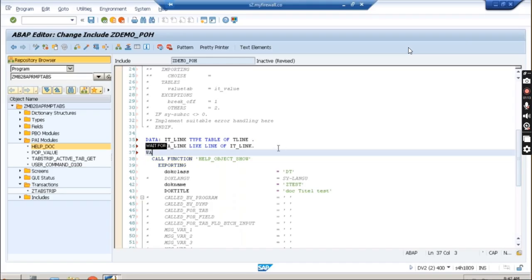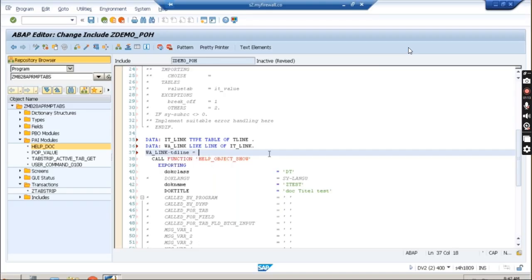Let us see what is the value we can pass it over here. TD_FORMAT and TD_LINE. Okay, so here also you can pass some extra value if you want. So the TD_FORMAT, what is the value, TD_LINE itself directly I'm going to pass,